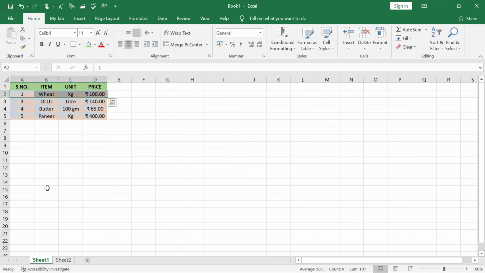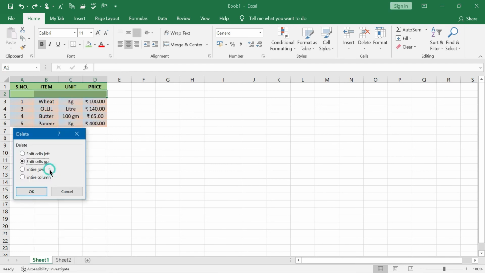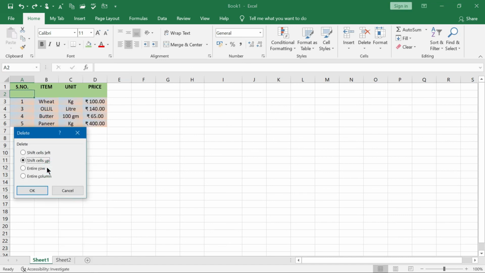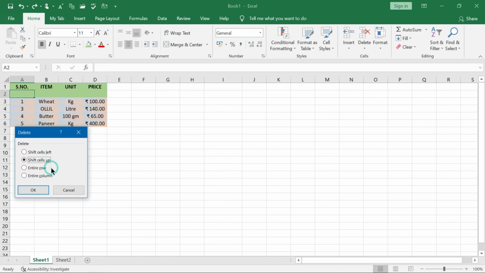removing the row. So one thing I would like to advise you, whenever you are deleting rows or cells, be careful. If you are highlighting, then both the options are similar, shift cells up and entire row. But when one cell has been selected and you are doing delete and then shift cells up, in that case only one cell will be deleted and the rest of the cells will be shifted up. Okay, that is the thing. And a similar thing will happen whenever you are deleting: entire row means the total row will be deleted.